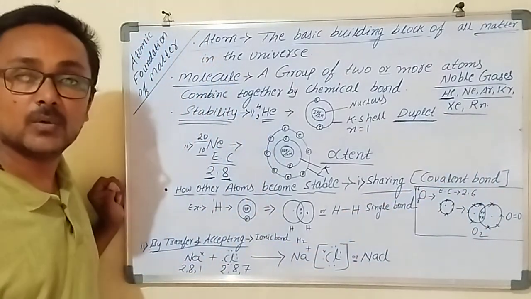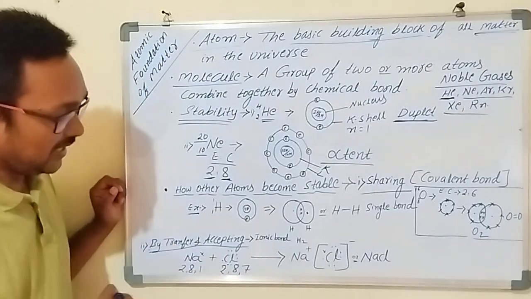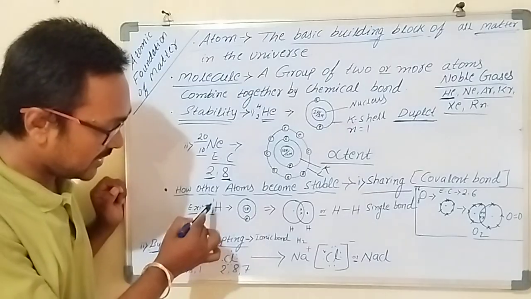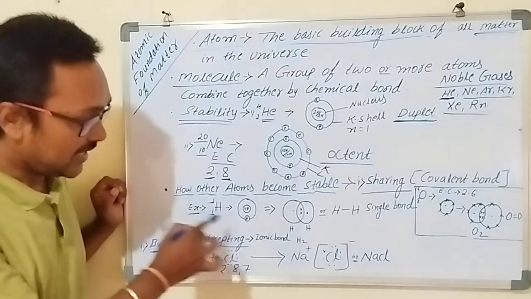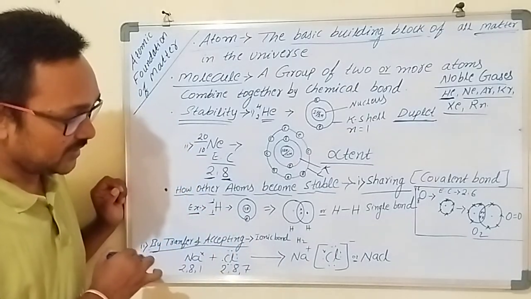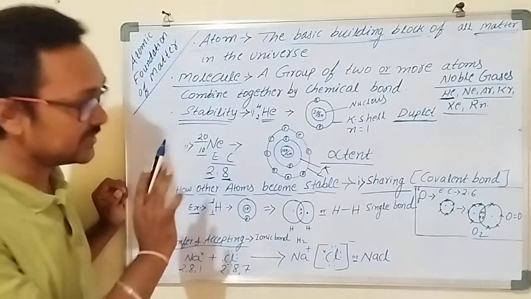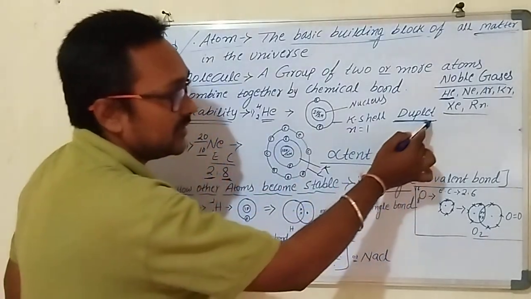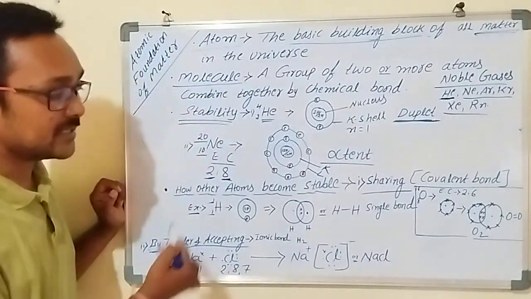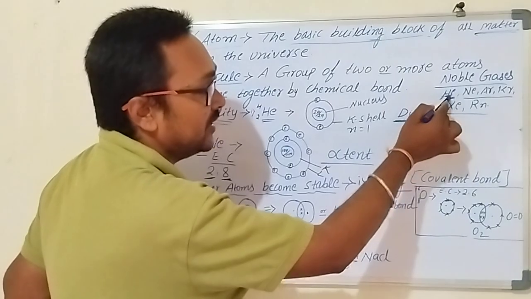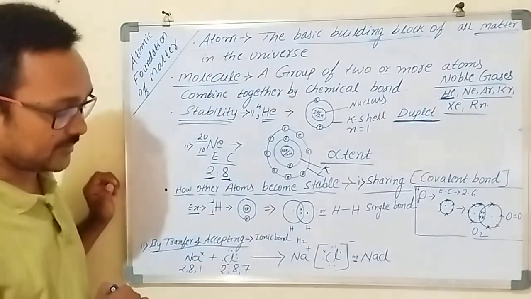Sharing in covalent bond formation will be there. Let me take one example here. Hydrogen atomic number is 1 and mass number is also 1, one proton will be there and one electron will be there. Now what does it do? See, here it has only one electron in the outermost shell, means it is not stable. For stability, in the outermost shell, if it is the K shell, a duplet is required. So it should have the nearest noble gas configuration, that is helium. It should go and share and it becomes stable.